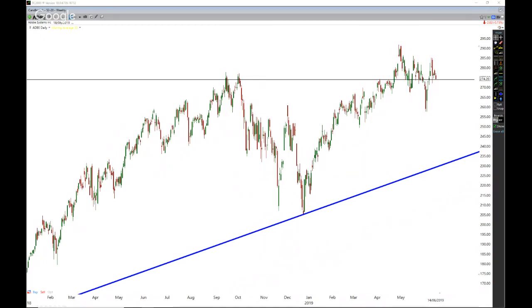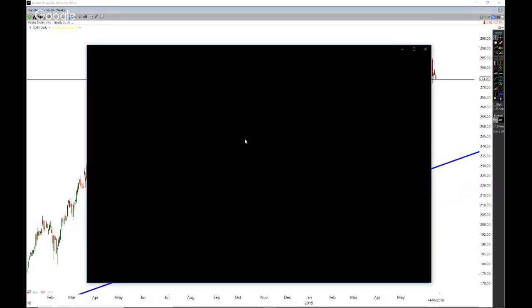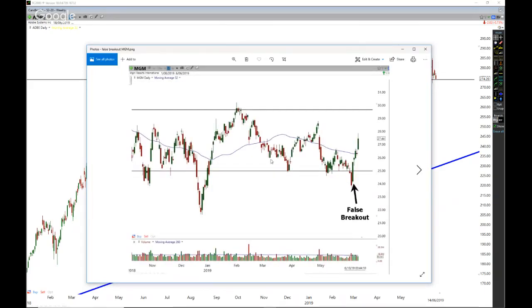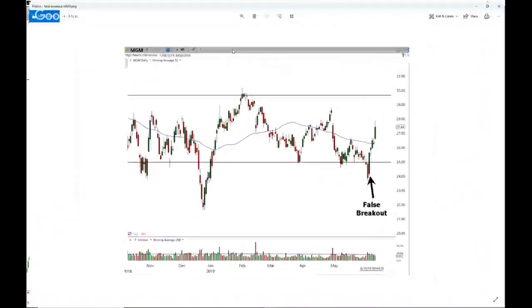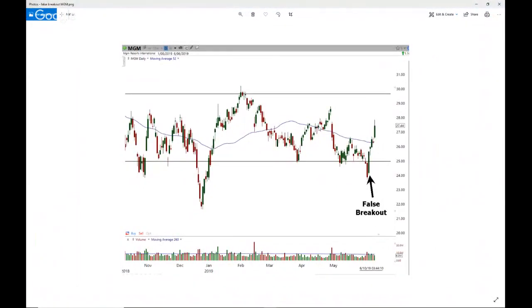Right, so here was one chart that I noticed. This one here was on MGM. Look at this false breakout here. Notice how this market came down and had this support through here, and it had support. Notice all the support through here, and then guess what? Then notice how the market broke below, right? The market came back down through here. So as the market broke below, you're like, oh, this is now likely to continue down, isn't it? And then guess what happened? We got a complete reverse candle, didn't we? And what was this candle here? This green candle closing back above was telling us now that this whole down move here was a false breakout.